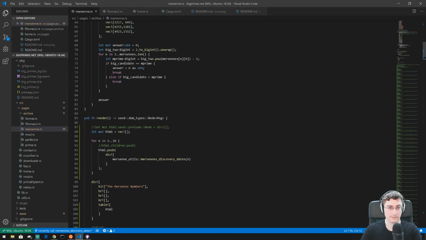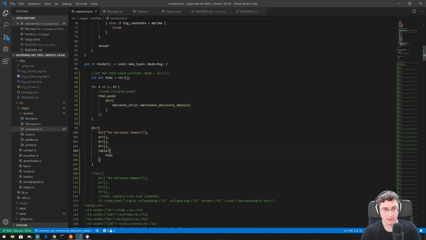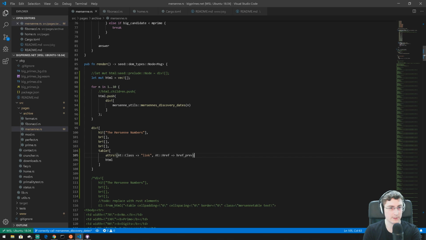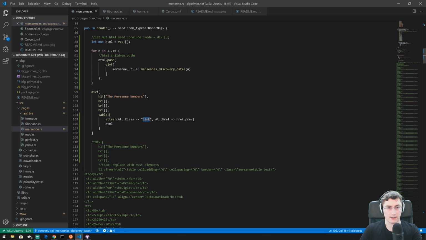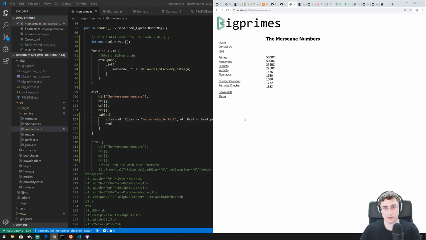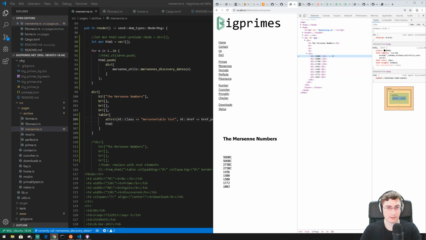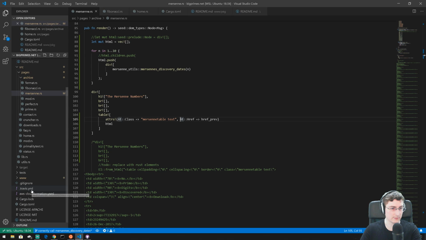So if I go back to the mersenne page, we've got the table, and the first thing is a call to attributes, and we want our class to be set to, when I say class as well, so in this case it's creating a HTML table element, and it's going to set the attribute, the CSS class, to, in this case, mersenne table and text, which I'll show you in a second, but